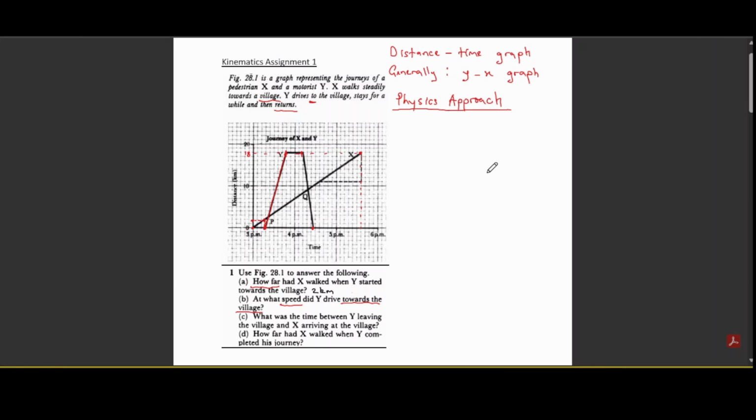So the question says at what speed? What is the formula of speed? Distance over time. Thank you. So here, since it says at what speed, write speed is equal to distance over time. So think about what the distance is and what the time is. The distance is 18 kilometers, that is correct. So here 18